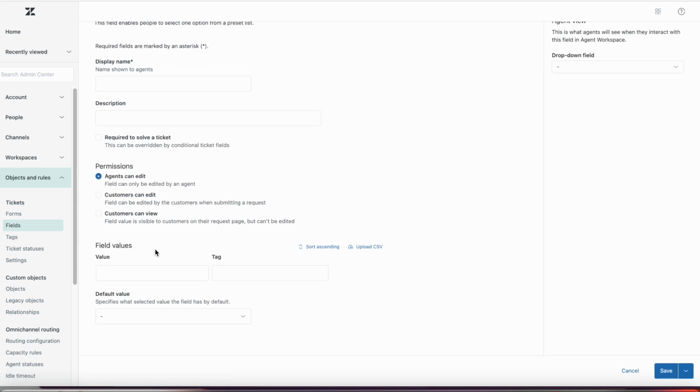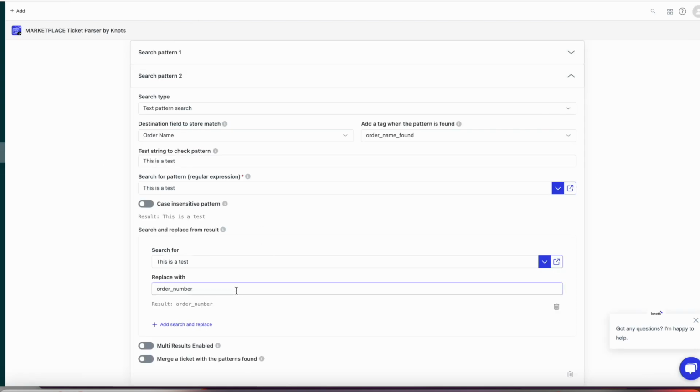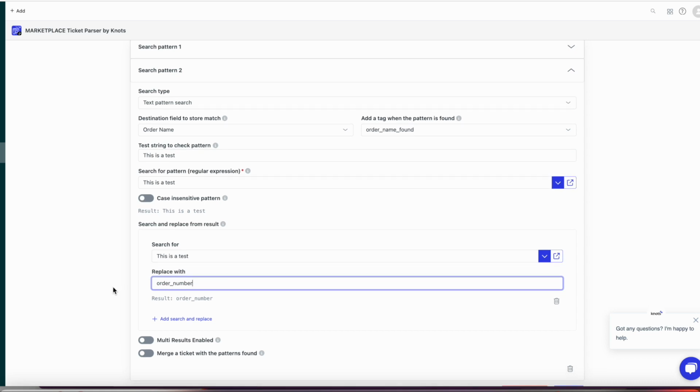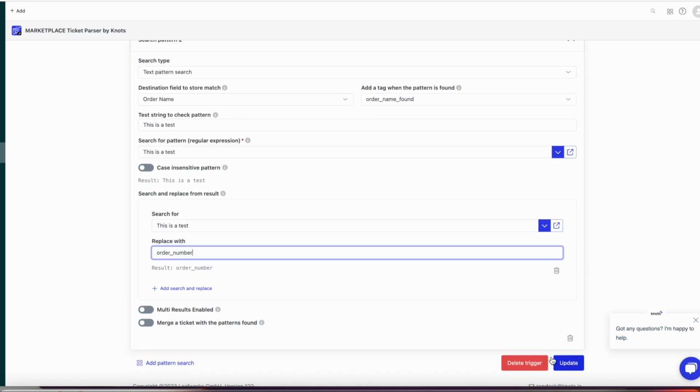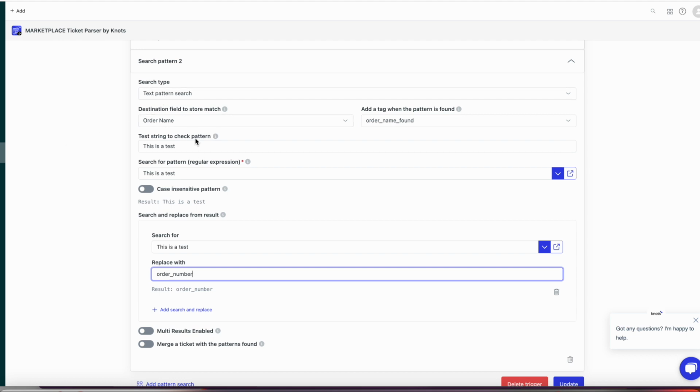So this is the example. You're going to have to find value and tag there. And in this case, right, when you type in things, it's going to give you a different tag. And so that's the tag that I'm copying and pasting into here to make sure it's replacing the proper one. And then you just say update and save. And then when that runs, it will also update the drop-down menu